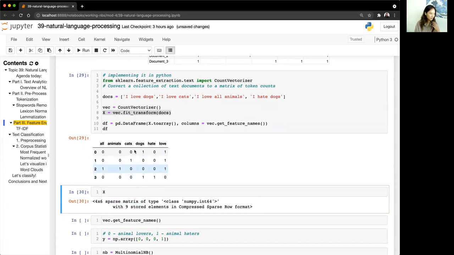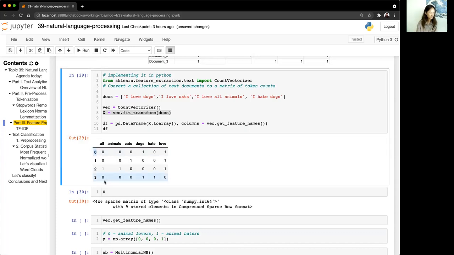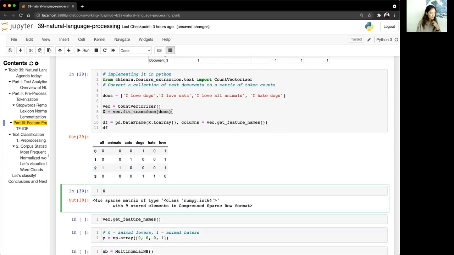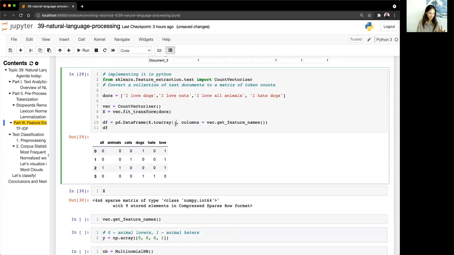So instead of looking like this, what a sparse matrix is actually doing is basically saying, all right, for row 0 and dogs, we have 1. Row 0, love, we have 1. And it doesn't even care about everything else. Any other row-word pair is not even represented because it knows automatically it's a 0.